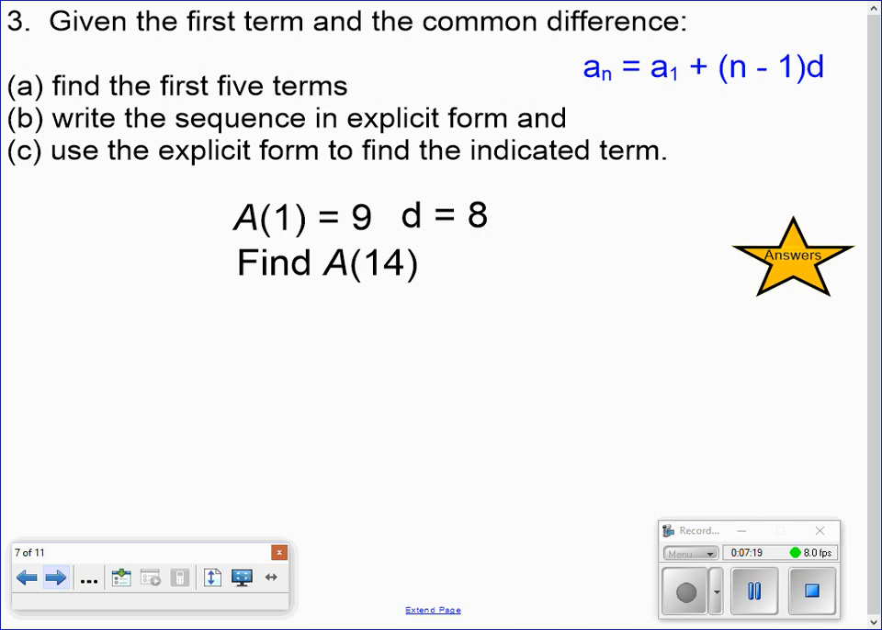Okay. Given the first term and the common difference, we want to find the first 5 terms. We want to write the sequence in explicit form, and then we want to use the explicit form to find the indicated term. So we want to find the first 5 terms. We're given the first term, which is 9. We know that our common difference is 8. So if we know the common difference is 8, we're just going to follow that pattern. So 8 from 9 would be 17. 8 from 17 would be 25,